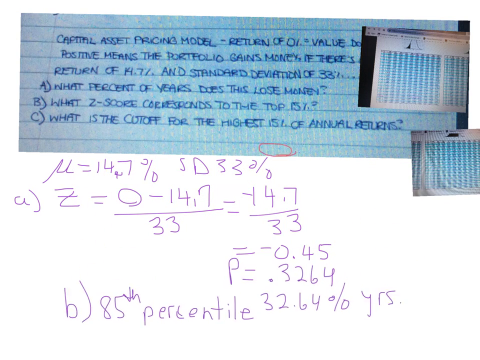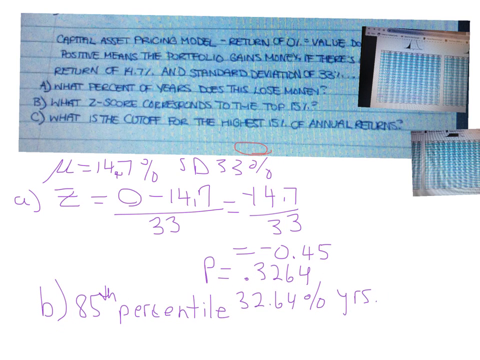A Z value of 1.04 would be our defining line on the curve of where the top 15% occurs. And so 1.04 goes here. That means that 15% of the population is going to be in the right tail of the curve if we draw the line there. And so that's the Z-score that they're looking for. What is the cutoff for the highest 15% of annual returns? If you have your Z-score given already,